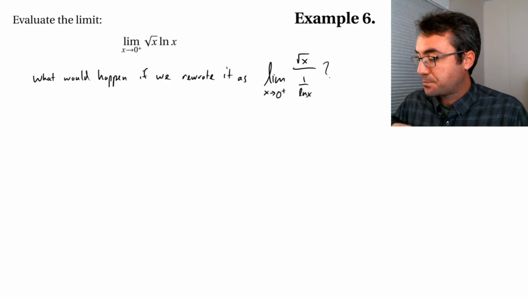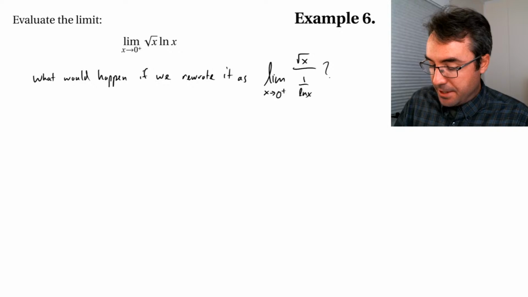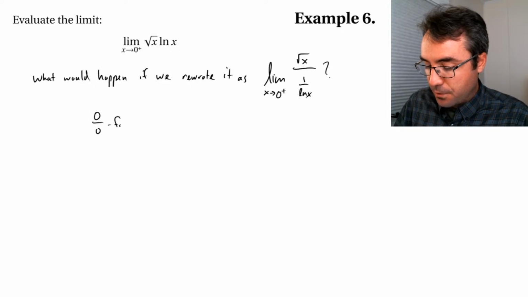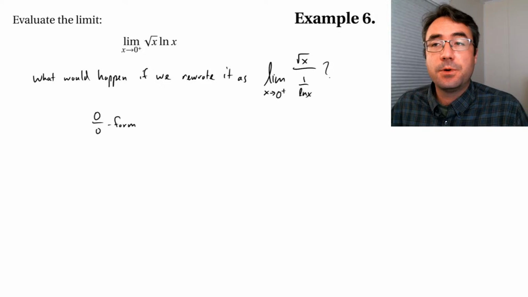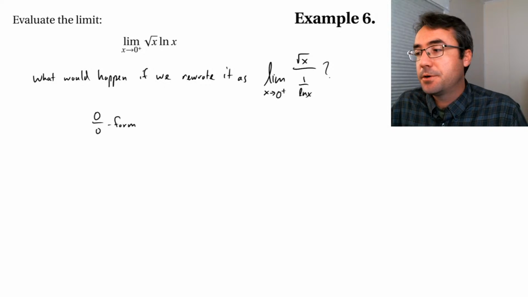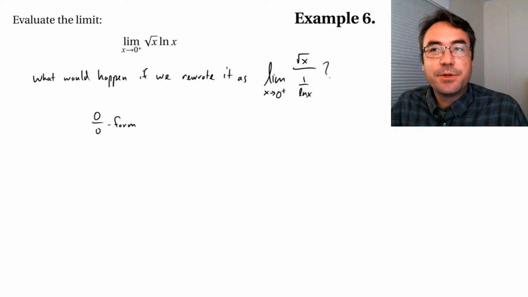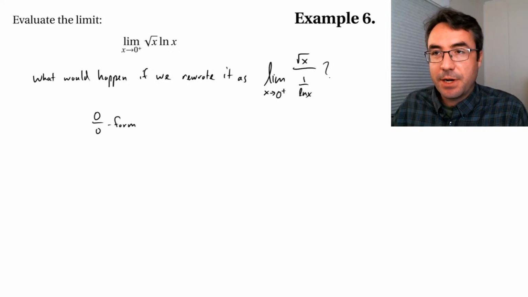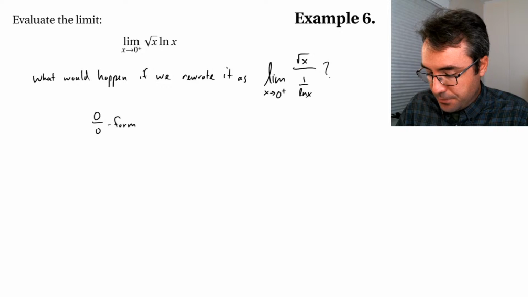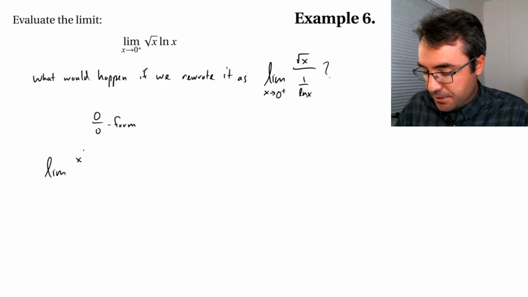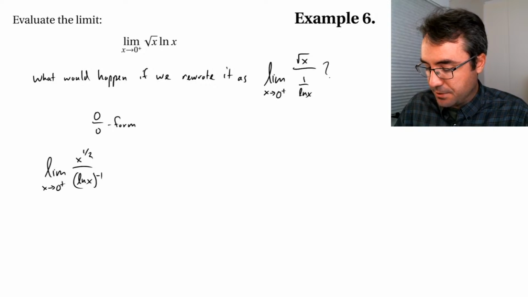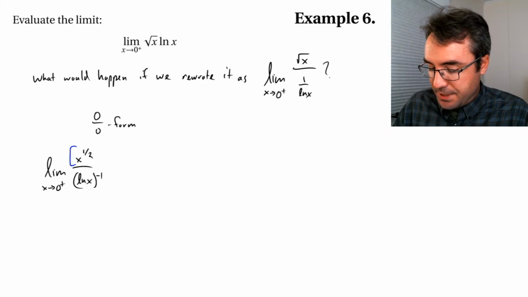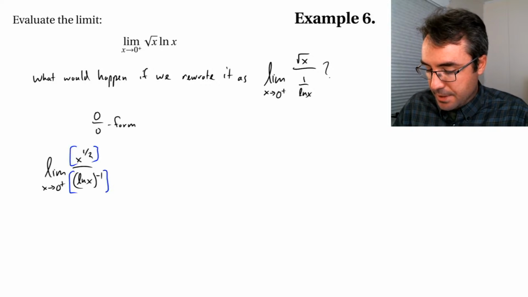And what we would see is first this would be a 0 over 0 form. So we could still use L'Hopital's rule, but then the issue occurs where once we start doing the derivatives, we're going to get this complicated expression. So if we were to rewrite our function as x to the 1/2 and then natural log x raised to the power -1, and we're doing the limit as x goes to 0 from the right, if we apply L'Hopital's rule and differentiate each of those,